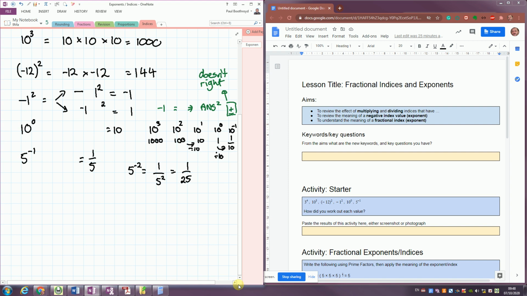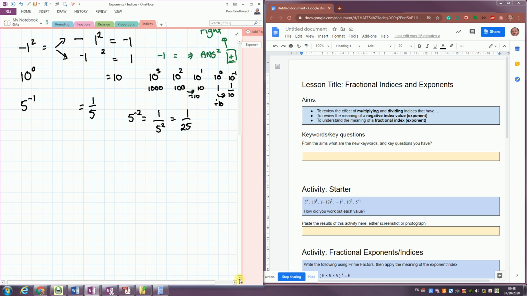And what I'd like you to think about is what happens with the index in between then. So why do these work? My explanation is to think of the index as saying how many of a thing to take. So if I say 9 squared, that says take 9, write it twice. Okay. The problem one though is, if I say I want to write half of my 9,